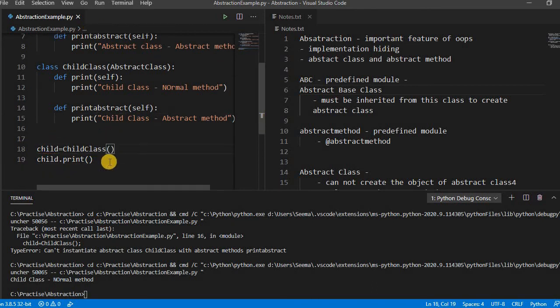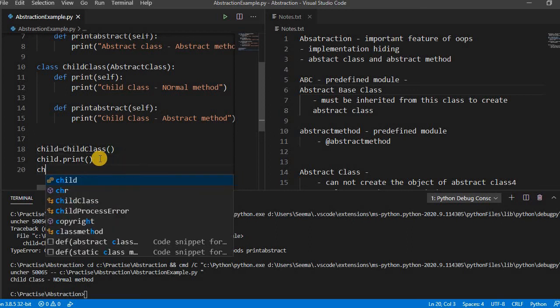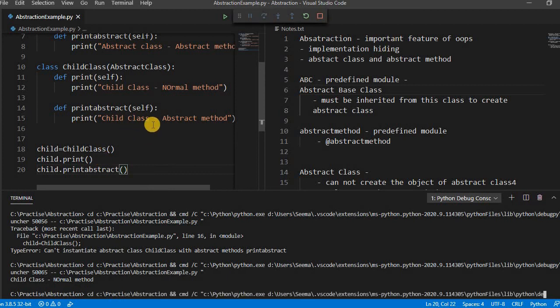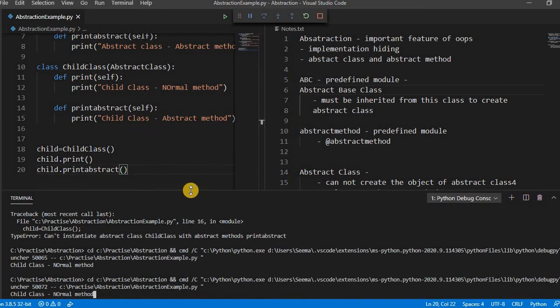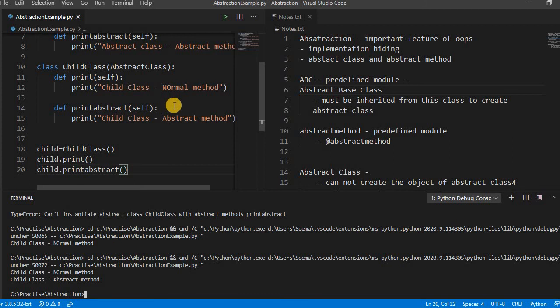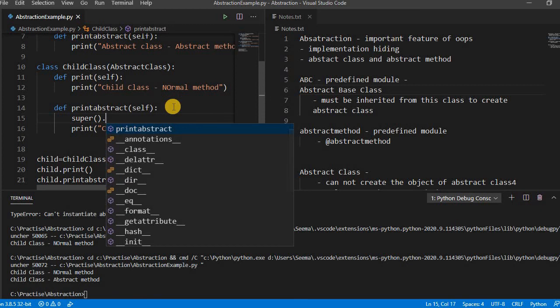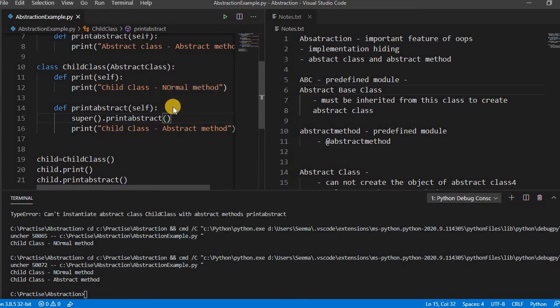Okay, so this is the simple way. If you call here child dot print_abstract, now we are able to call it. See, both are called. You can also call this here. If you want to call the abstract method, you can call something like super().print_abstract(), right?